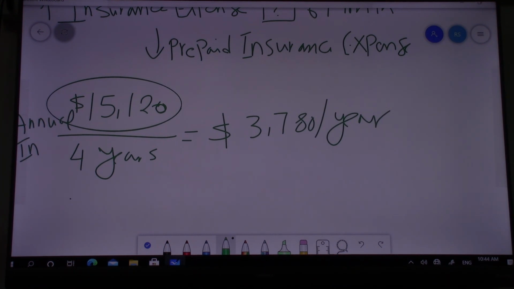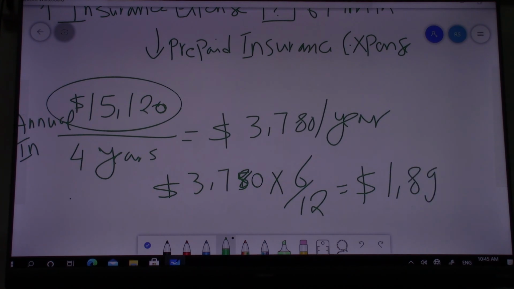And on December 31st, has a complete year expired? No, only 6 months expired. So how will we calculate the value of the 6 months? Annual insurance, 3,780, multiplied by 6 over 12, which is equal to 1,890